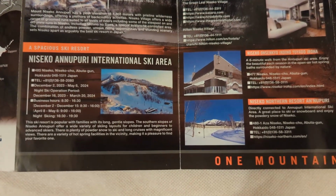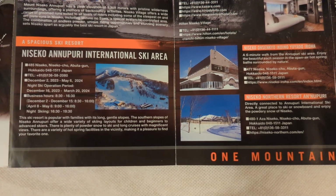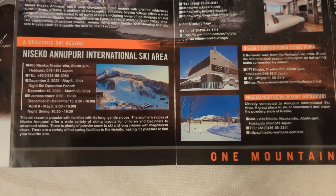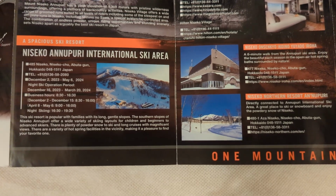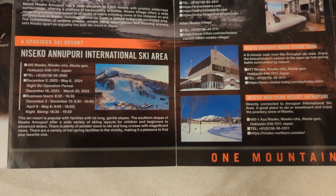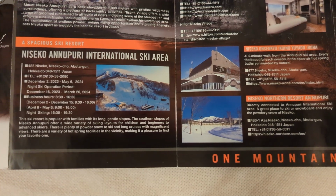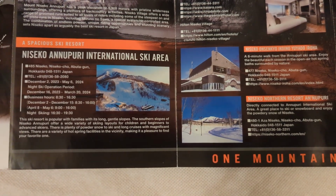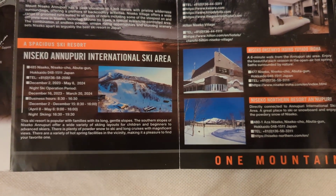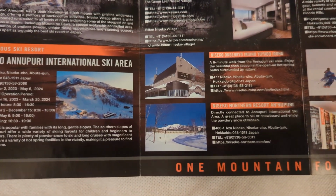Now, the last one is Niseko Annupuri International Ski Area. This ski resort is popular with families with its long, gentle slopes. The southern slopes of Niseko Annupuri offer a wide variety of skiing layouts for children and beginners to advanced skiers. There is plenty of powder snow to ski and long cruises with magnificent views. There are a variety of hot spring facilities in the vicinity, making it a pleasure to find your favorite one. And then for accommodations, you could stay at Niseko